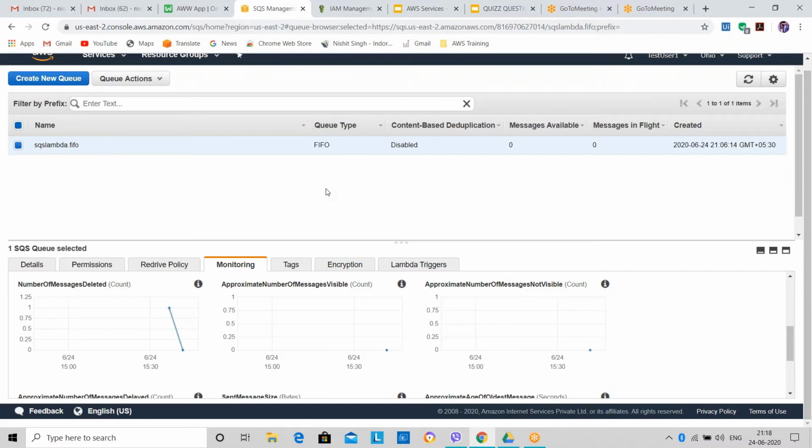Okay, Lokendra, you are asking like this: if you have one queue and you don't want to use that queue, you want to use another queue with your services, right?